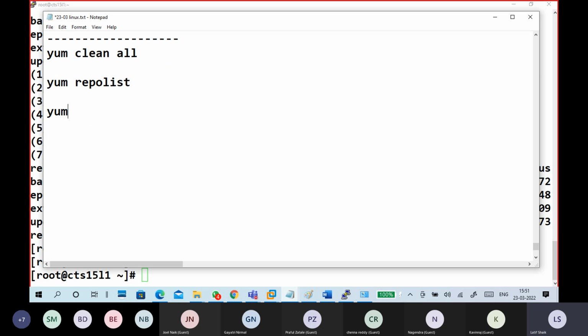Next, yum update -y && reboot. This is what we have to do. Okay. What is the command? It updates the Linux system.